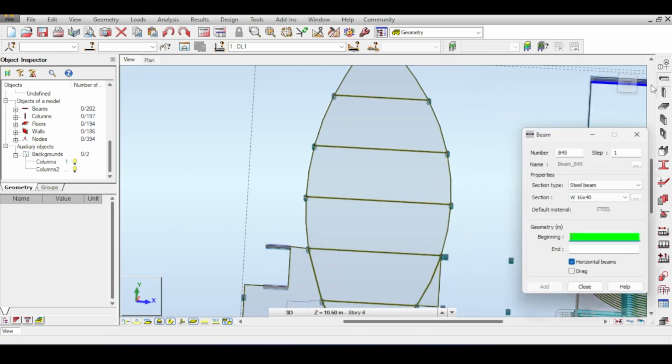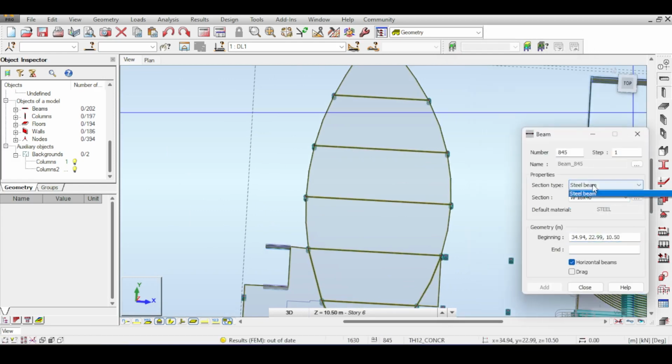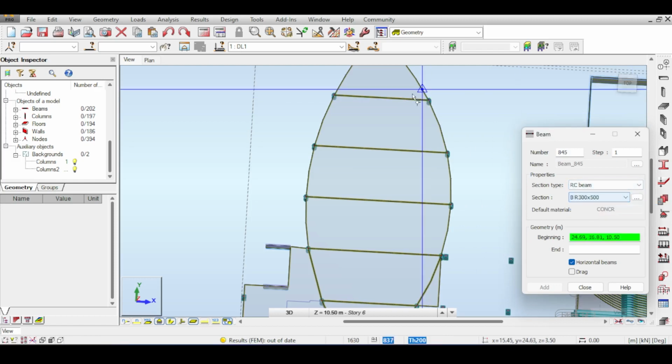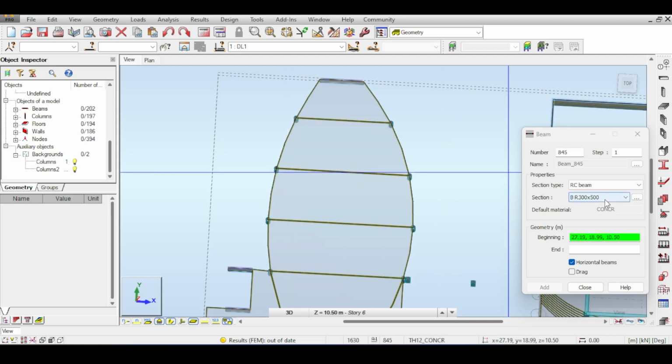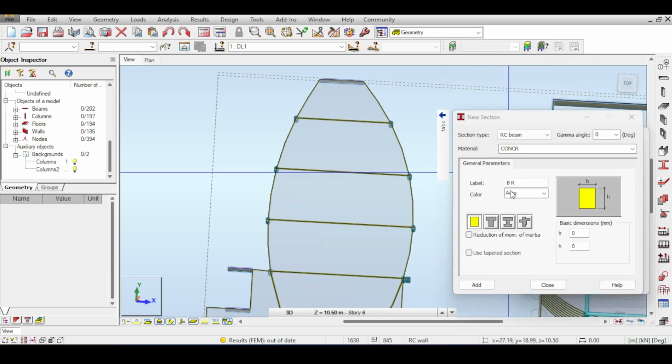So I'll just go click here, select me a beam. There is gonna be a lot of commentary in the future. I am unhappy about what I'm doing here. This is a large span and I'm using a small beam with 300 by 500. This is unacceptable, to be honest. I'll add me a section to be 300 by 700 just to be a placeholder because I might change this in